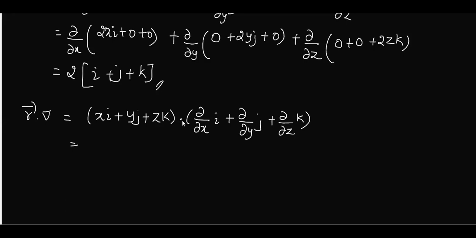Now I'll ask you a very important question. All of you listen. This is like A1 is x and my B1 is dou by dou x. So is it x into dou by dou x that I have to write, the first form, or dou by dou x of x, the second form? Which is correct here? Second form, ma'am. See, yesterday also you were wrong, today also you were wrong.